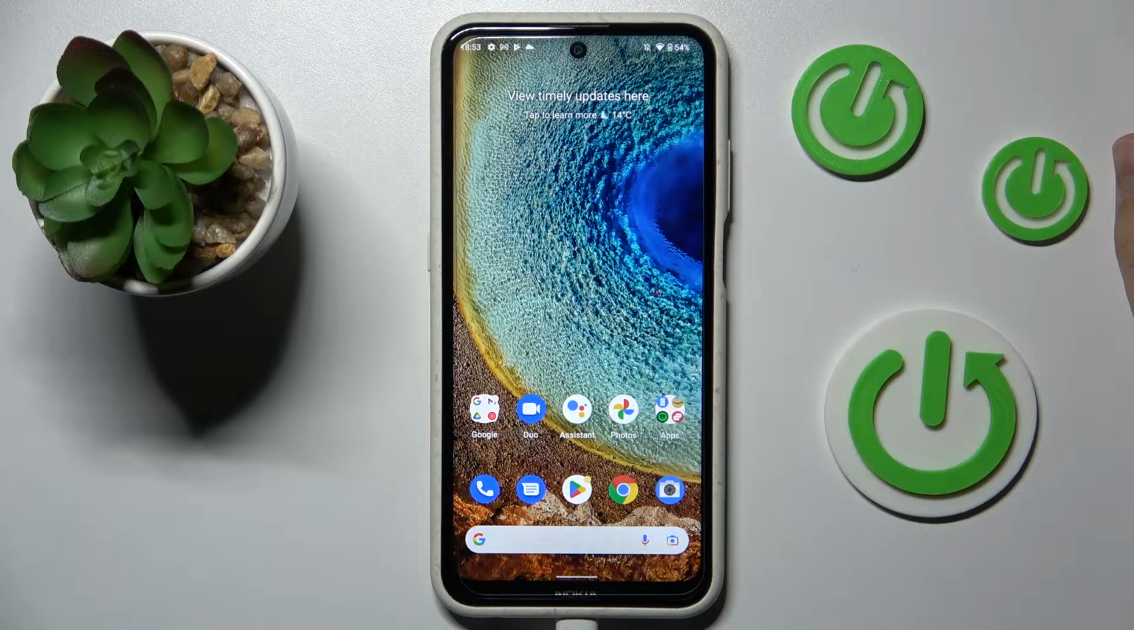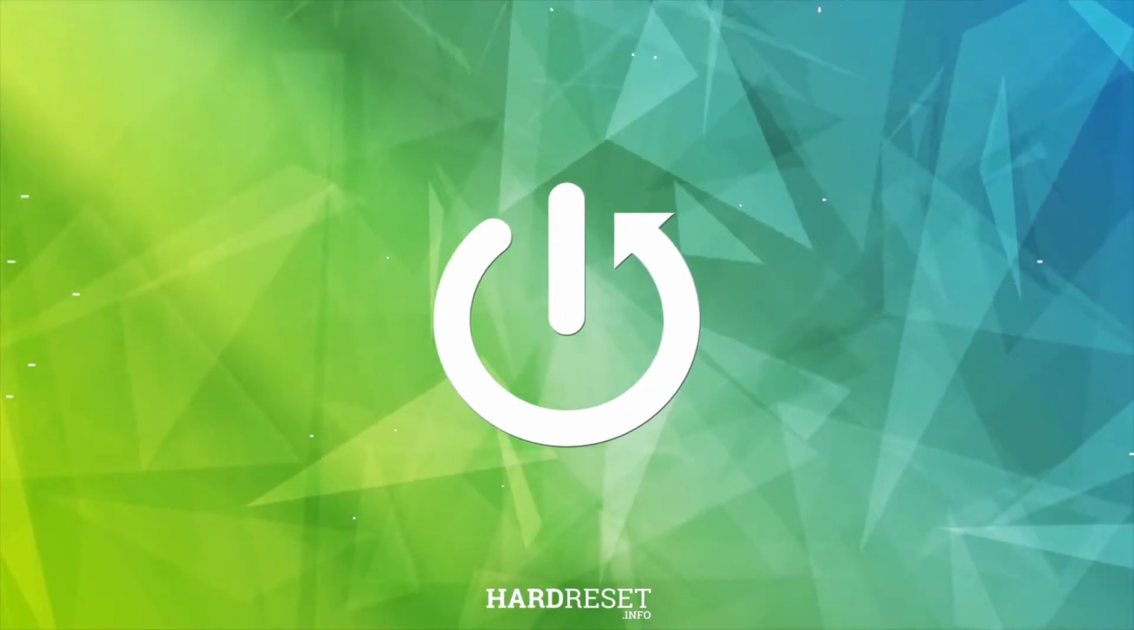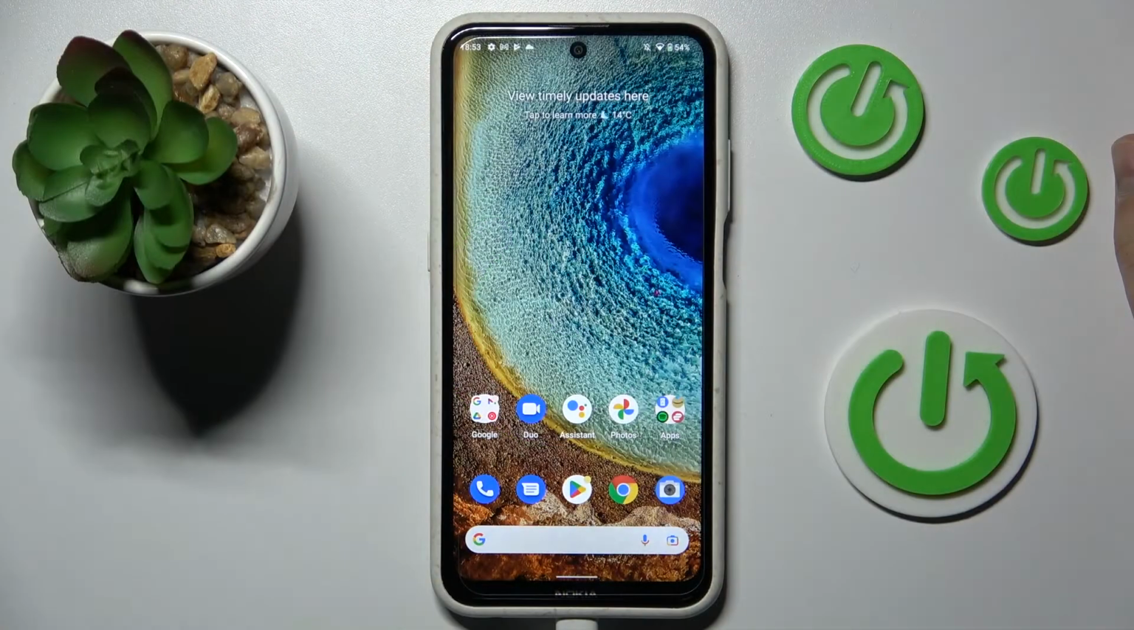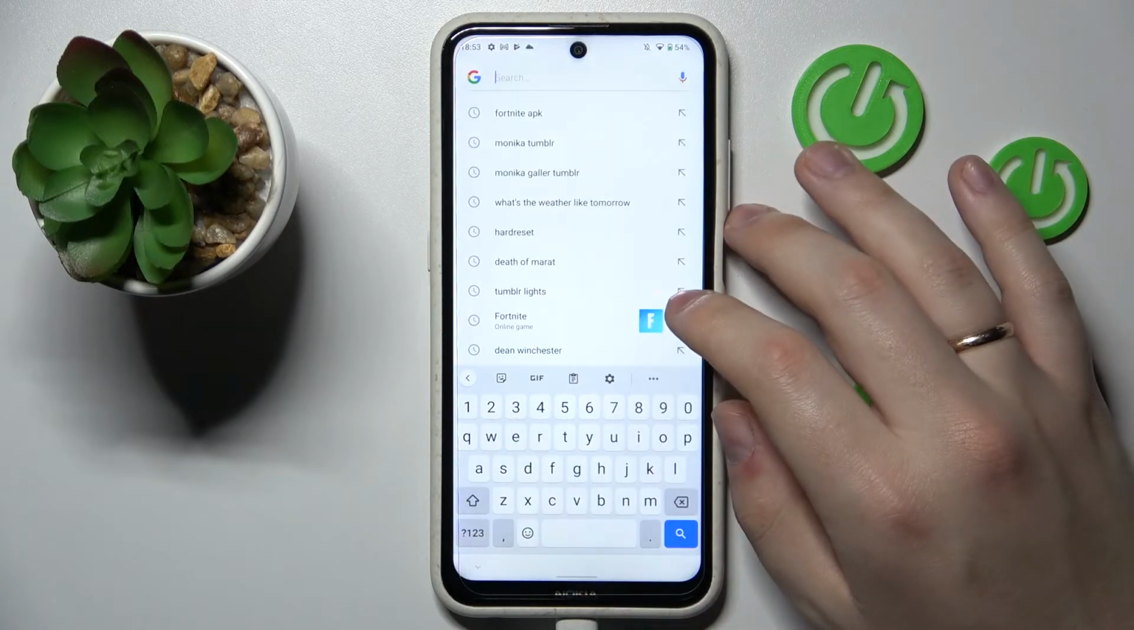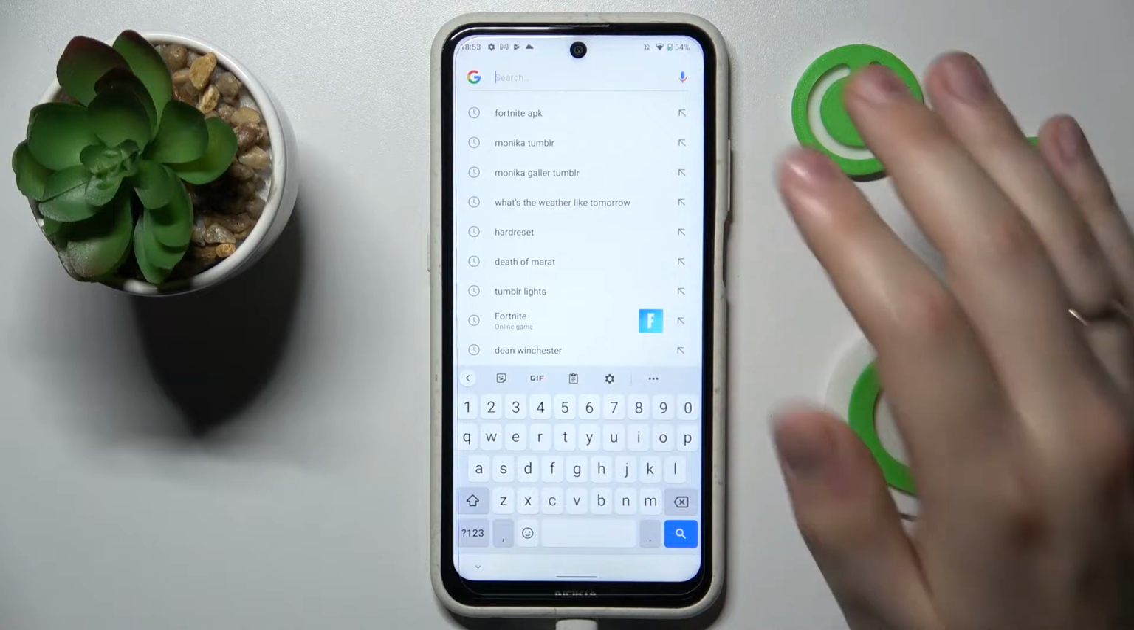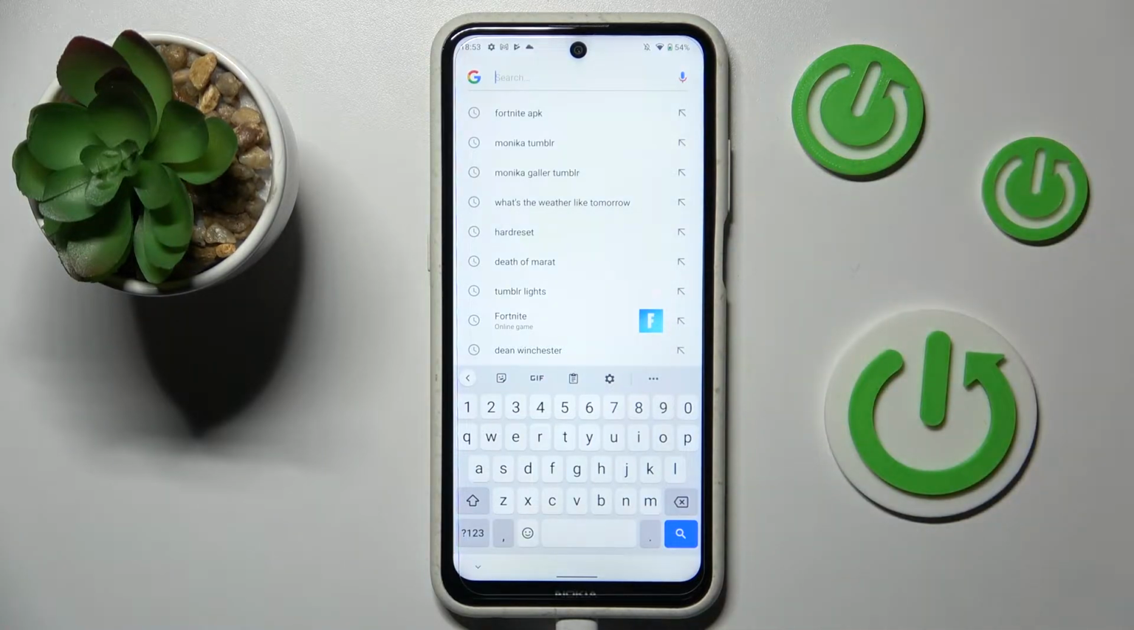This is Nokia X10, and today we would like to demonstrate how you can download and install the Fortnite game on it. As we all know, unfortunately you cannot get Fortnite directly from the Google Play Store, so the first step that you want to take is to, first and foremost, make sure that your device is connected to the Wi-Fi,